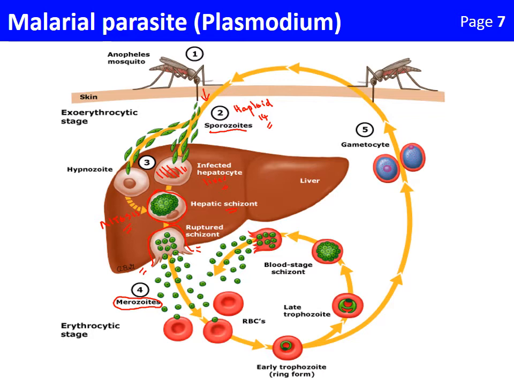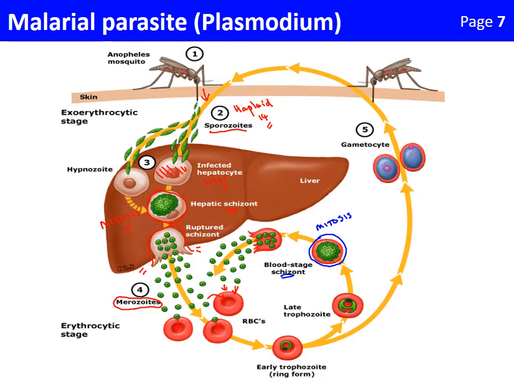Now, these merozoites can actually now bind to the cell membrane of erythrocytes or red blood cells, and they infect the red blood cell. So once these merozoites infect a red blood cell, they can start to divide again by mitosis. We can see here different stages of development, and we end up with what's called a blood stage schizont. So this is a red blood cell that's been infected with Plasmodium. It's replicated by mitosis,